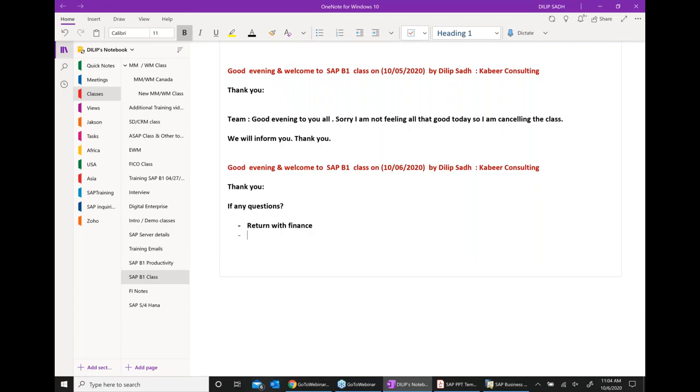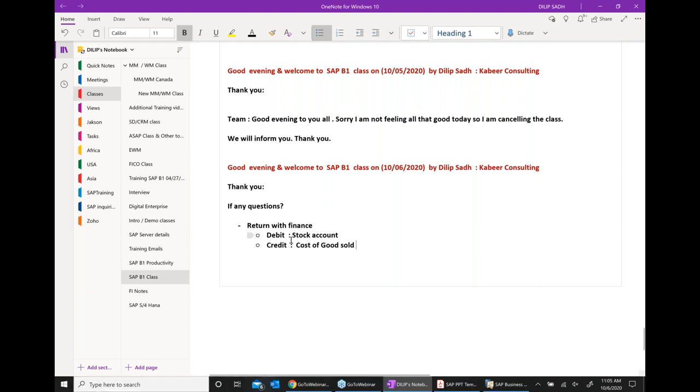Take pen and paper. So debit, my inventory stock account, because material has come in. And credit, my cost of goods sold. Okay. So there is a debit and there is a credit.